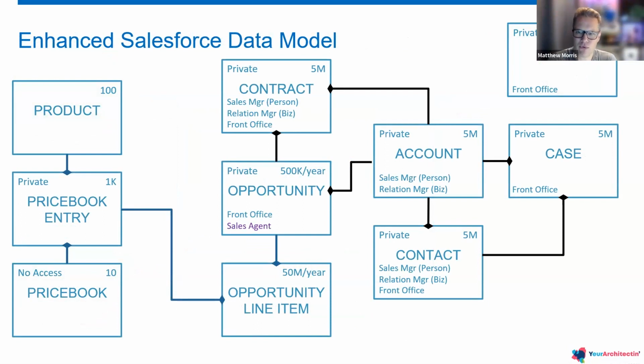So we're able to get a feel for the scale of parent-child relationships that we've got. With our opportunities, we see we've got 500,000 a year, and we were able to detect from the scenario that there was 100 lines per opportunity typically, so that gives us 50 million a year. So you start to then get a picture of the scale of your